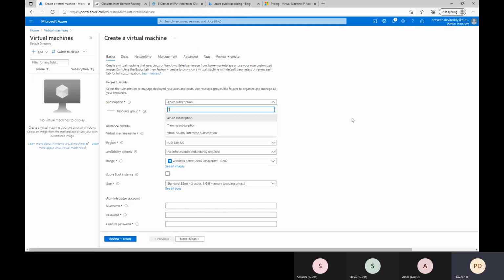And remember one thing: the virtual network and the resources you are configuring for that network have to be in the same region. Suppose my virtual network is in Central US, and if I want to deploy the virtual machines in another region, then that virtual network will not be available for these VMs. For any resource, for example virtual machines or web apps, if you want to configure the network, then the virtual machines and the network should be in the same region.